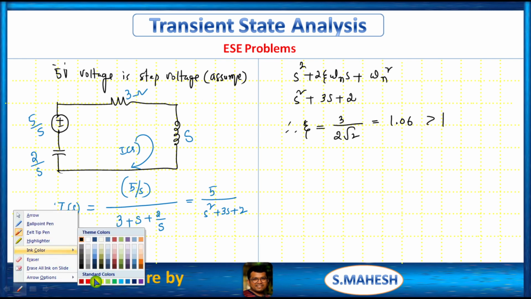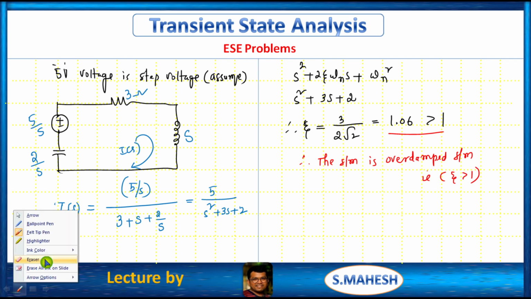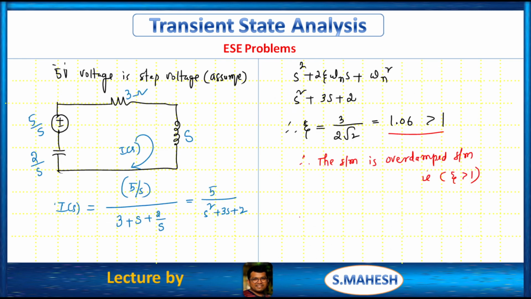Therefore the system is overdamped. That is zeta more than 1. So for an overdamped system, what is the response? Option B is correct. Response is,